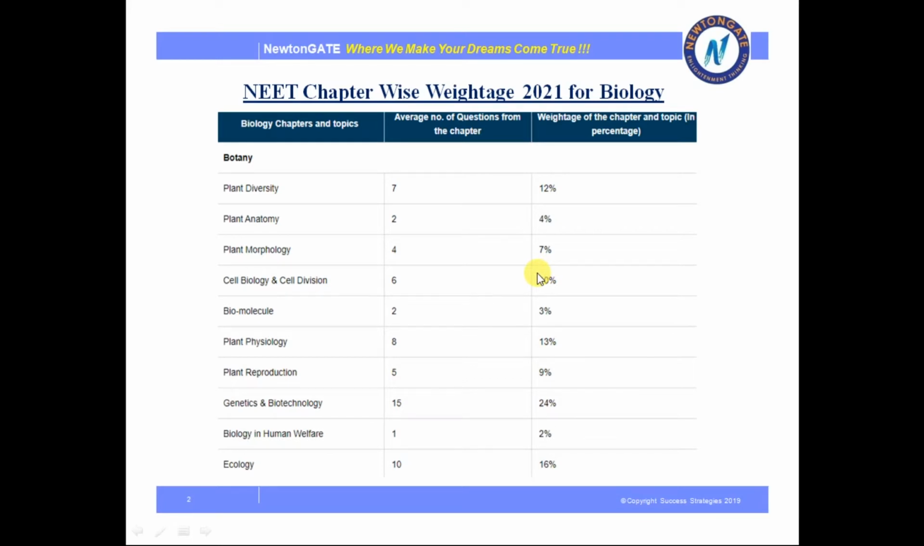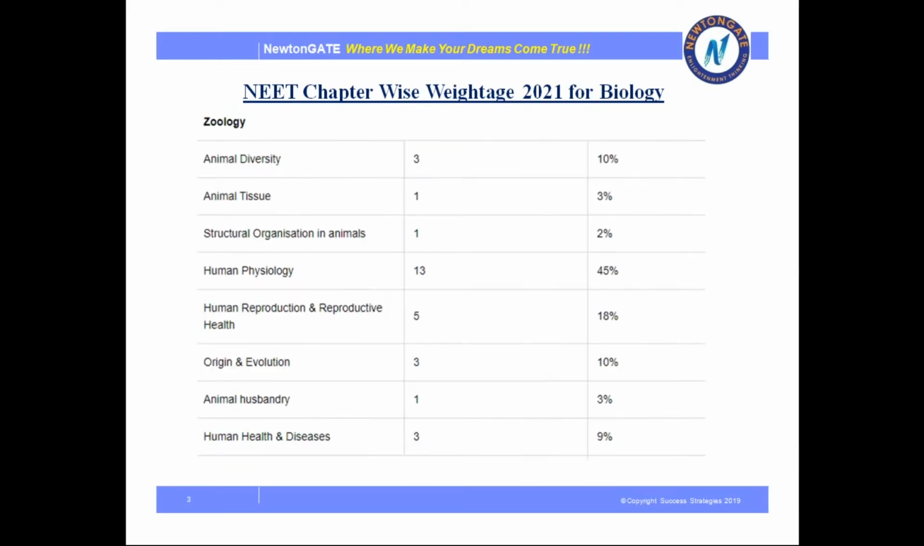So, let's come to the zoology portion now. Animal diversity: questions asked 3, weightage 10%. Animal tissue: questions asked 1, weightage 3%. Structural organization in animals: questions asked 1, weightage 2%. Human physiology: questions asked 13, weightage 45%. Human reproduction and reproductive health: questions asked 5,